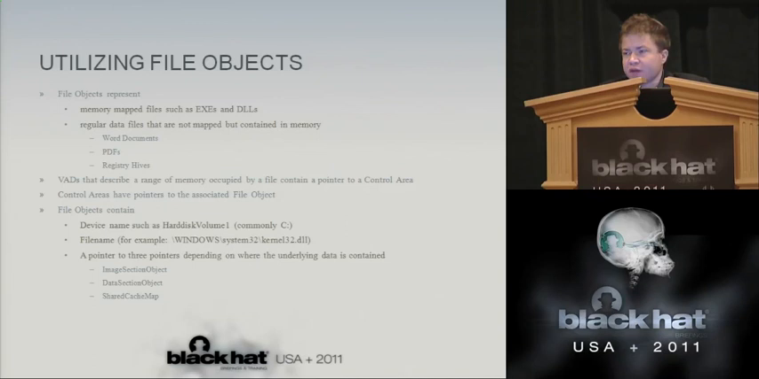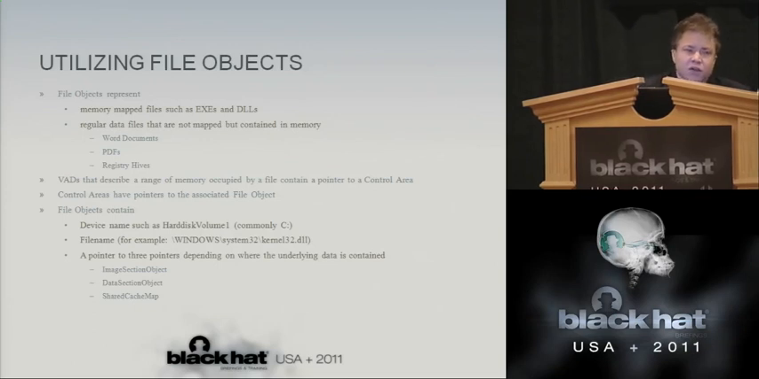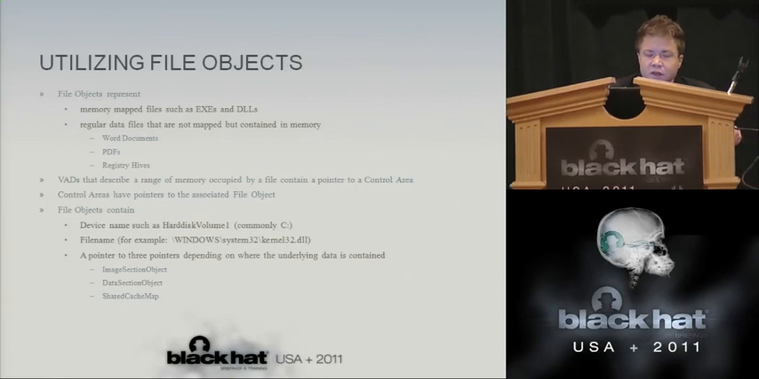But if it is a memory map file, or if that file is represented on disk for that region of memory, there will be a pointer within the VAD to a control area. The control area will then contain a pointer to a file object. And the file object contains a lot of useful information for us, including the device name. So you can get information like hard disk volume 1, which is commonly referred to in most systems probably as C:. You can do that lookup. Also, it will contain the file name. So in this case, Windows System32